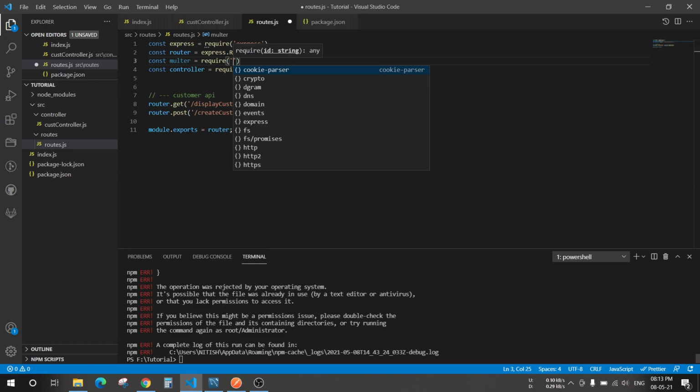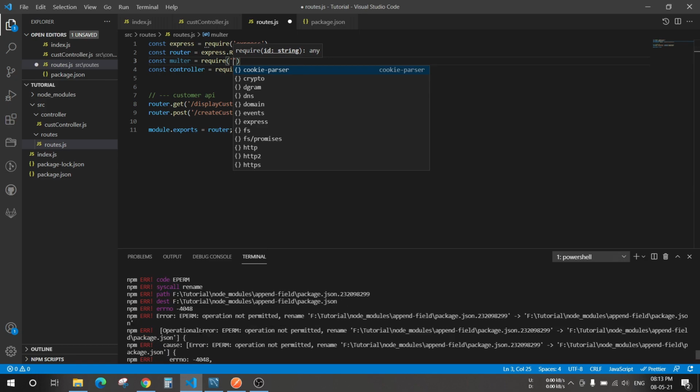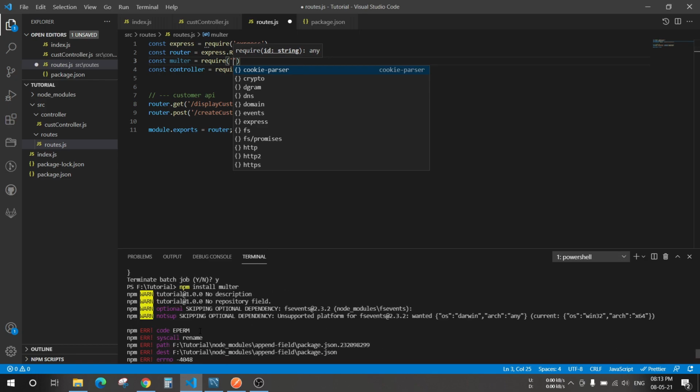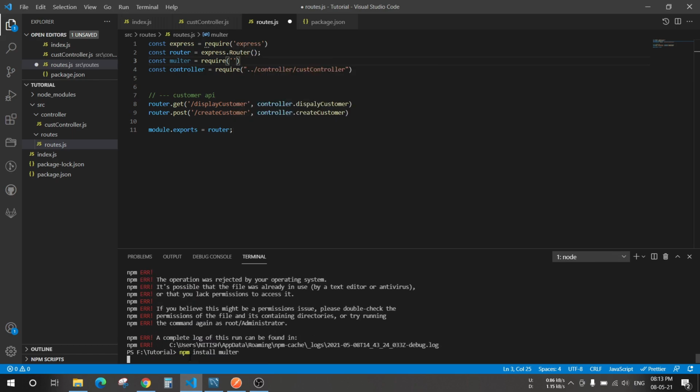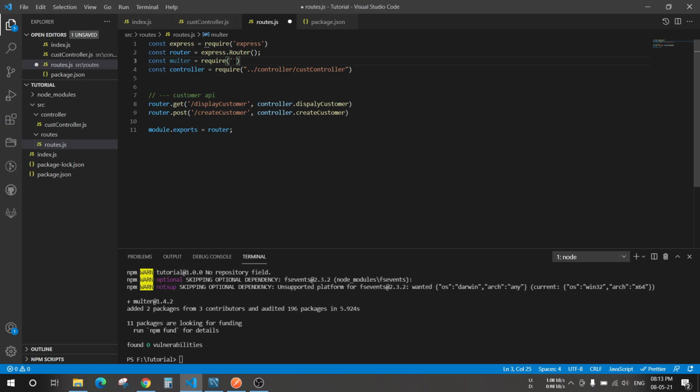Okay, there was some error installing multer. Let's install it again. Okay, successfully installed. Let's declare it here.